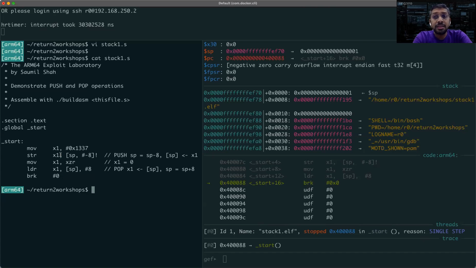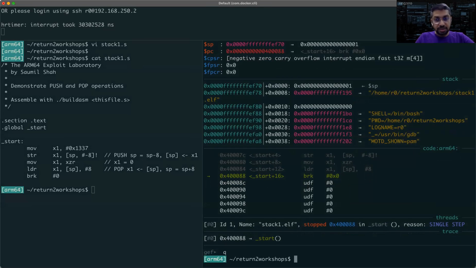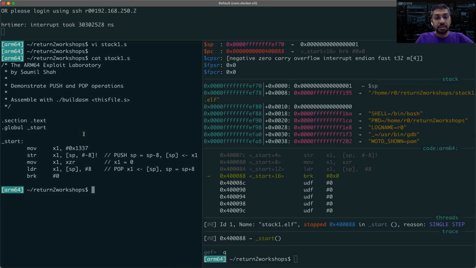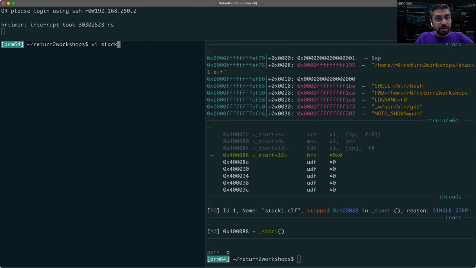But now this means that, okay, if you want to push multiple registers, does that mean that you have to waste space? Like after every 8 bytes, you have to have another 8 bytes gap because the stack pointer must be 16 byte aligned? No, not really. Turns out that the designers of the ARM instruction set have studied compiled code very, very thoroughly. And if I show you this code, stack pair.s,